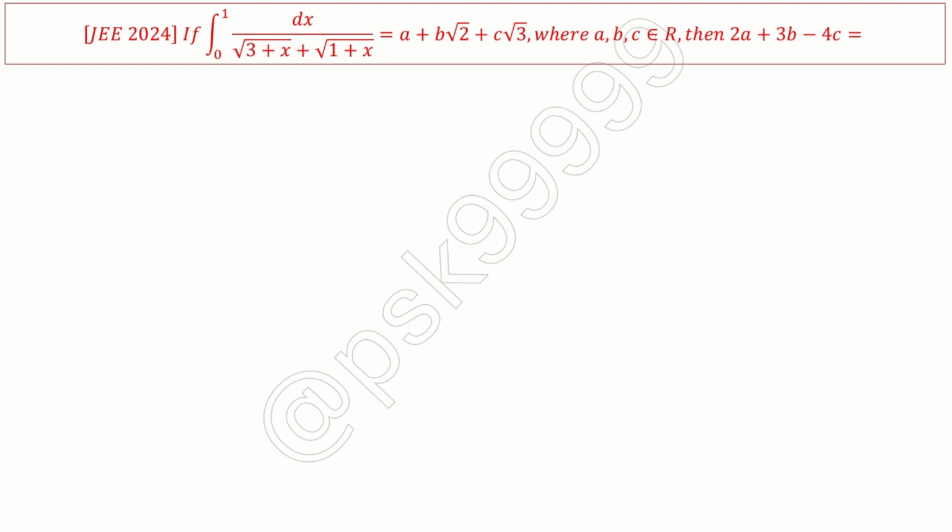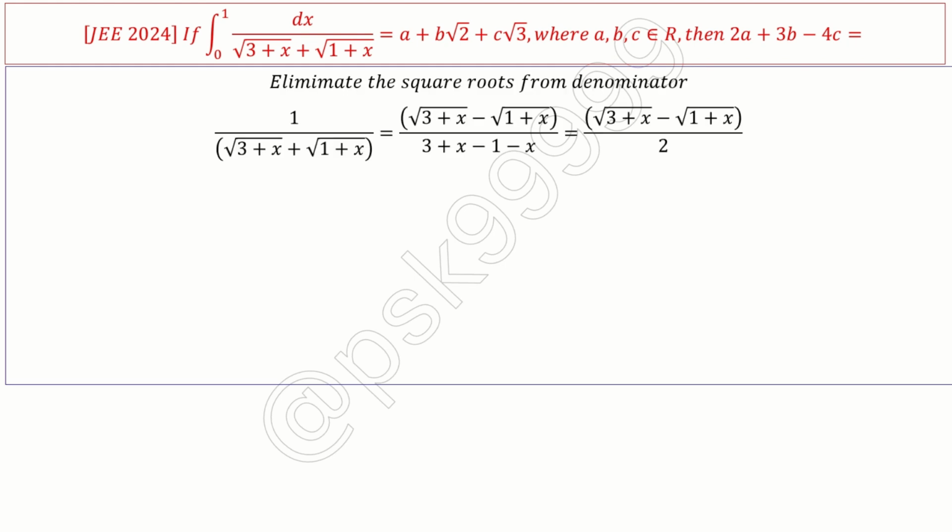That will solve many problems actually. Okay, so in this case also we can do that. Eliminate the square roots from the denominator. So I'll call this 1 by square root of 3 plus x plus square root of 1 plus x as, if I multiply with the conjugate, this is what it is. Square root of 3 plus x minus square root of 1 plus x divided by 3 plus x minus 1 minus x. So I am left with square root of 3 plus x minus square root of 1 plus x